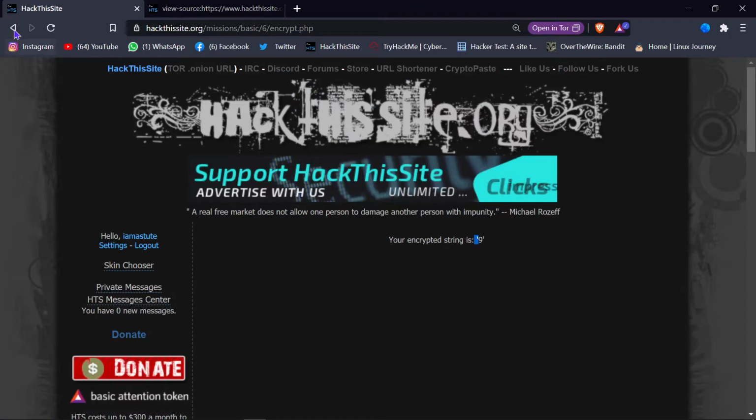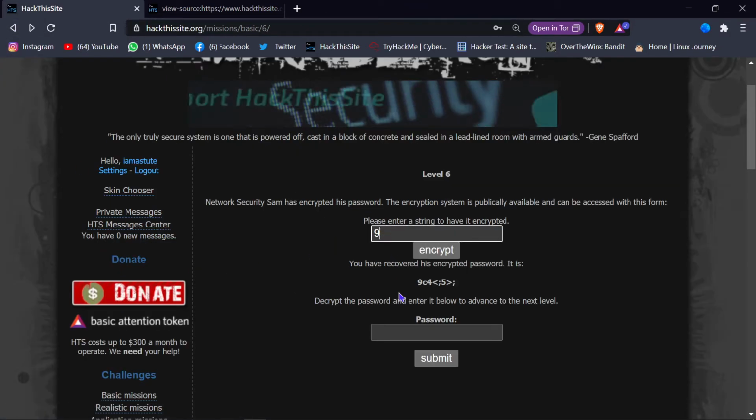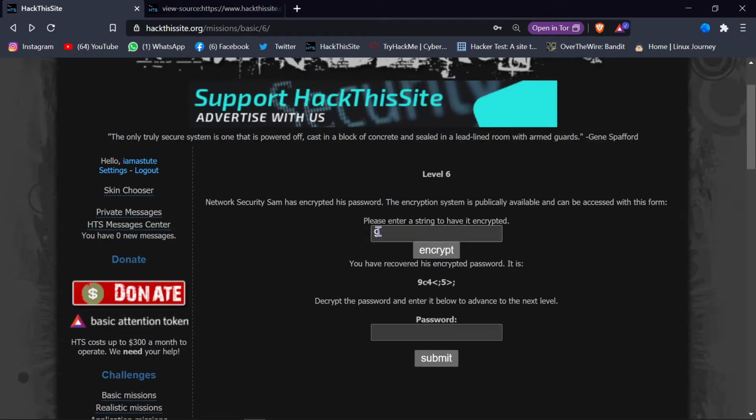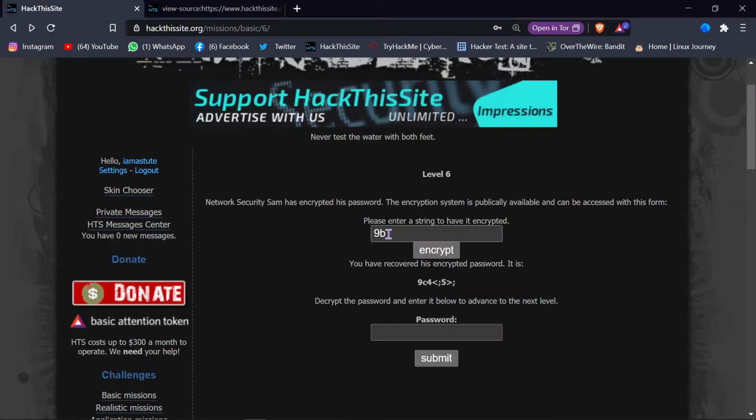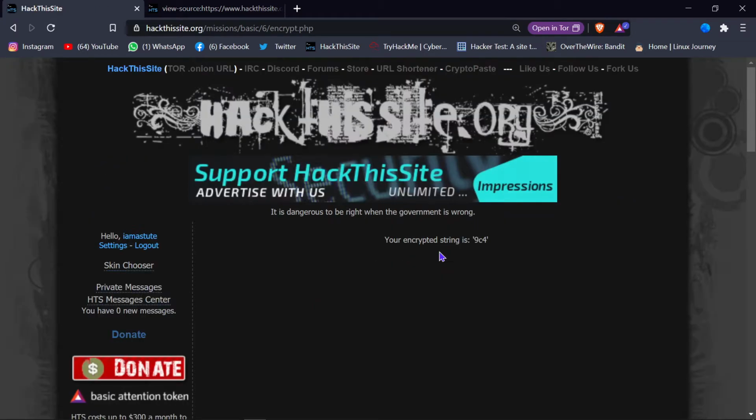Okay, 9 is 9. Now it will be 8 plus 1, so plus 1 for C, I need to type B, I guess. B encrypt. Okay, it prints C. And plus 2 for 4, I need to type 2. So it will print, I guess, 9C4.